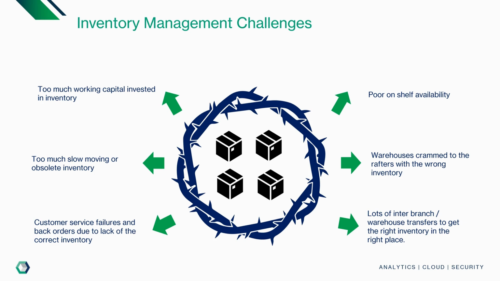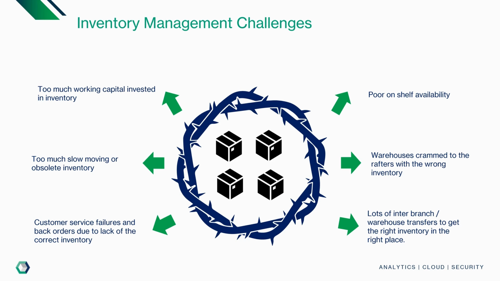Warehouses crammed to the rafters with the wrong inventory is another common challenge. This ties up excessive working capital in inventory that doesn't match actual demand. Excessive inter-branch or inter-warehouse transfers are needed to reposition misplaced inventory to where it's required, adding significant logistics and handling